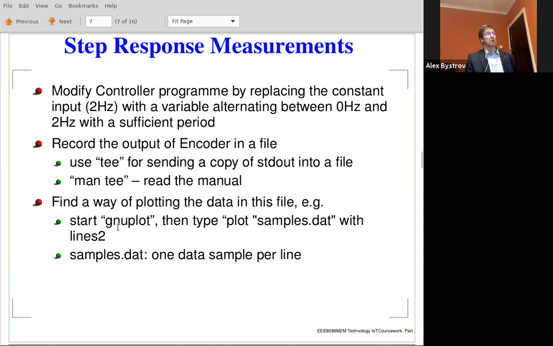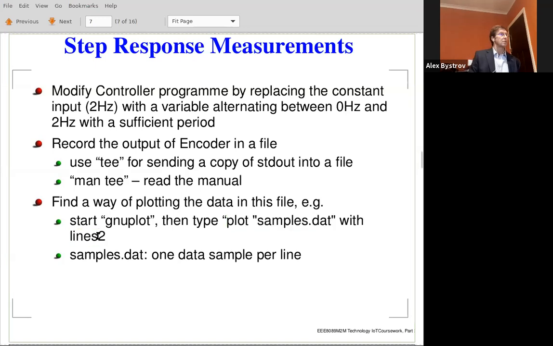How you start it: you type gnuplot, then it gives you some sort of a prompt where you can type things and then say plot samples.dat, and samples.dat is where you dumped the data by the command tee, right? And this is plot samples.dat with lines,